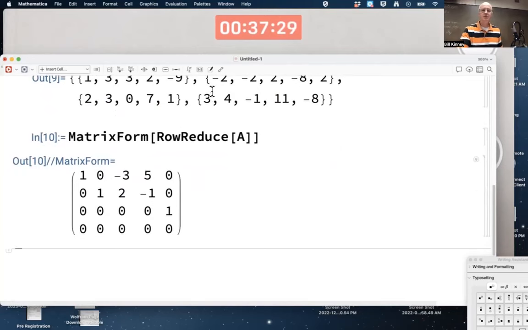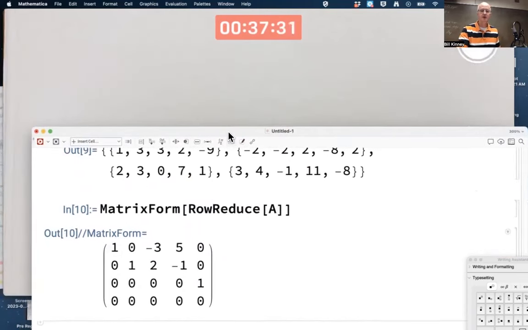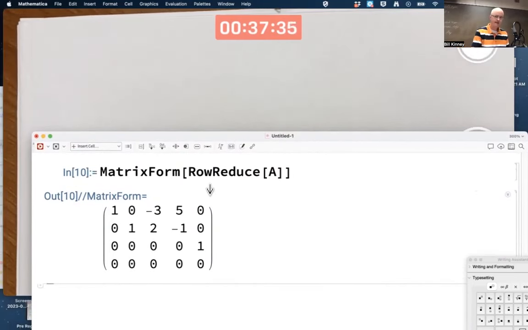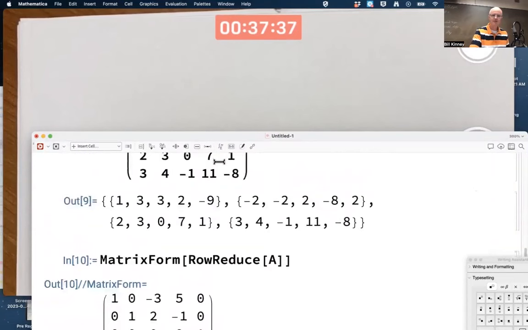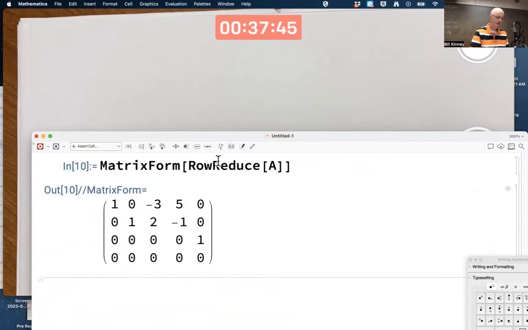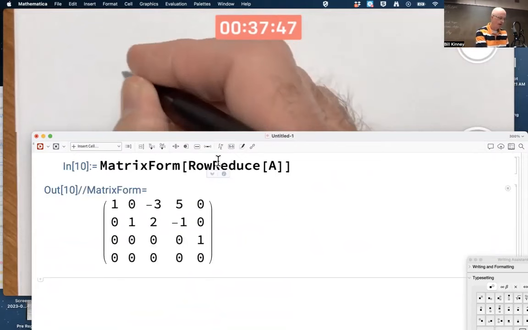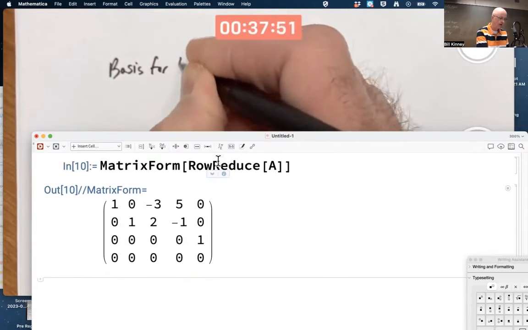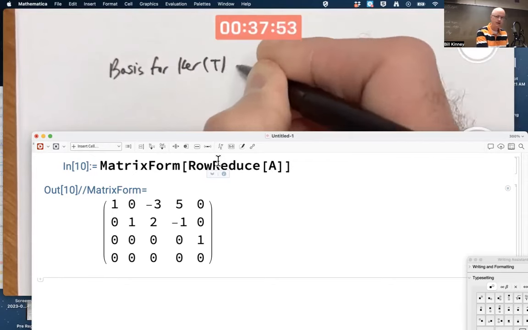Let's go ahead and first find a basis for the kernel. So for this example that's in Mathematica, you maybe didn't write that down. I'll show you at the end of class if you want to still write it down. A basis for the kernel of the corresponding linear transformation